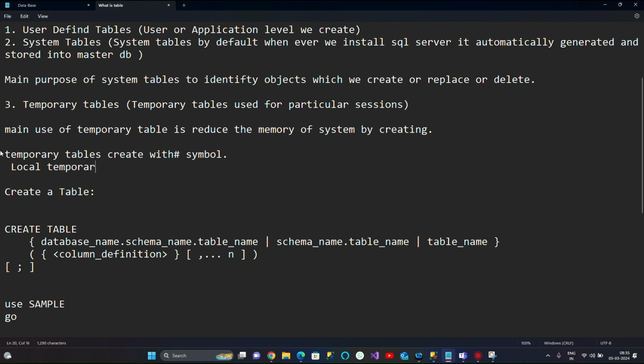Temporary tables: a local temporary table works only in the current session, and global